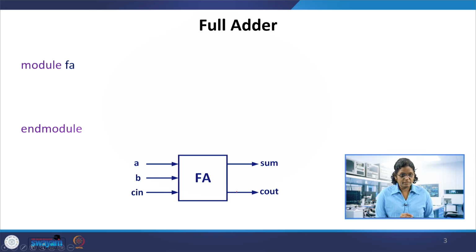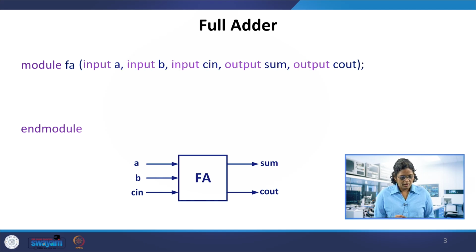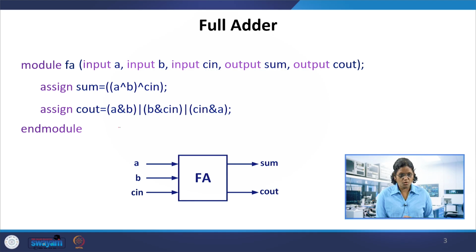So module FA, module name, input A, B, C in, output sum, C out, and assign sum is A XOR B XOR C in. So this is calculating the sum, and then C out is A and B, B and C in, and A and C in, OR these expressions. So this is also a data flow model.